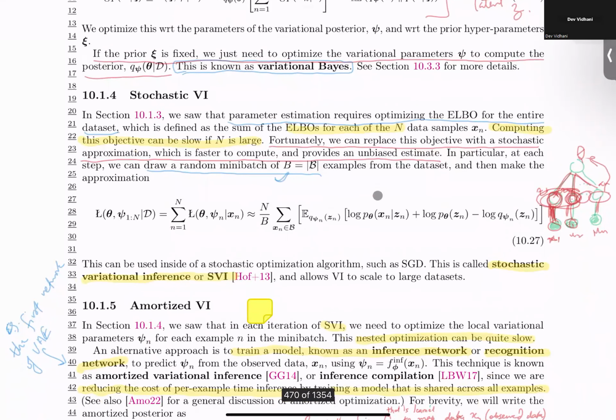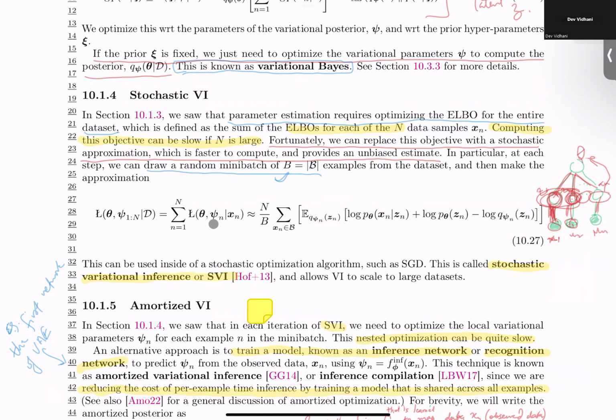So when we are trying to estimate those parameters, let's say we have n data points, we are trying to estimate the local variables, and each one of those has, let's say, a psi parameter, and since there are n of those, psi n parameters. And using the stochastic optimization approach, if our estimator is unbiased, then we can take the stochastic approach, and instead of finding the optimization for psi n